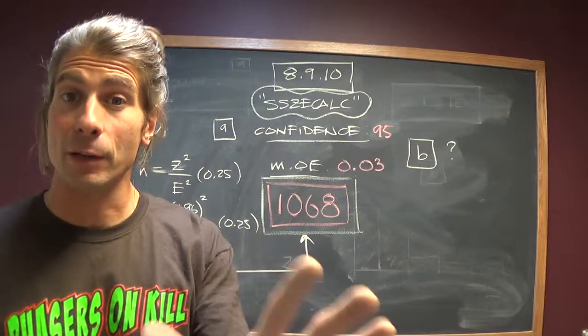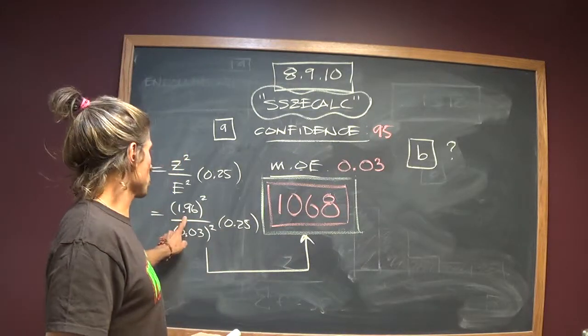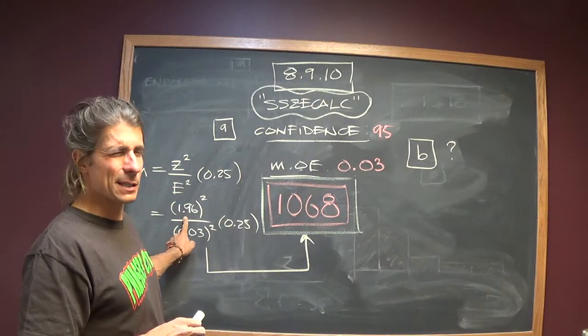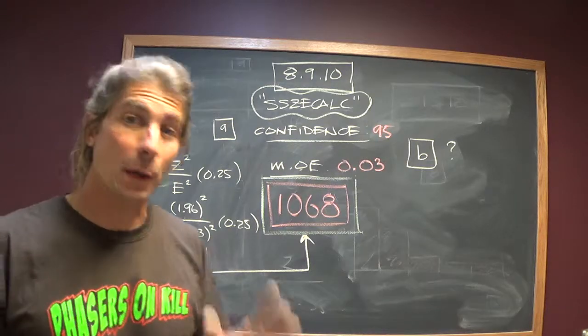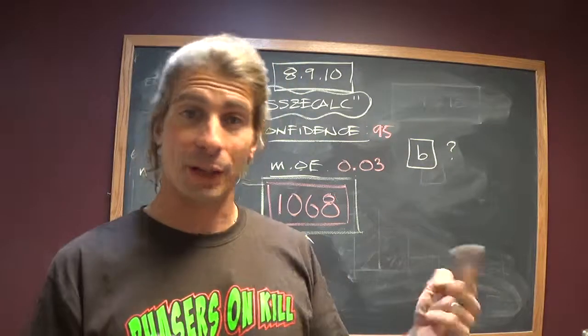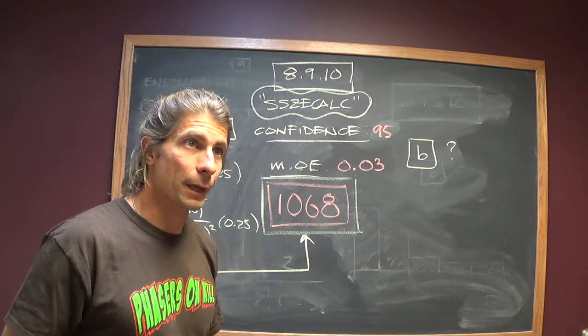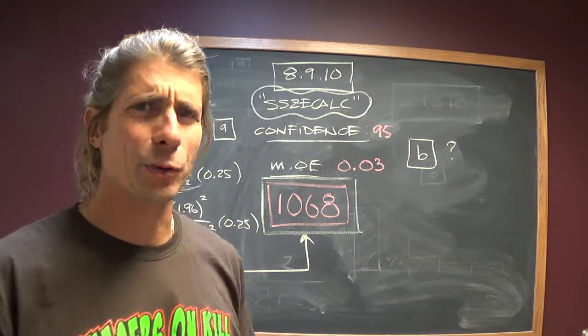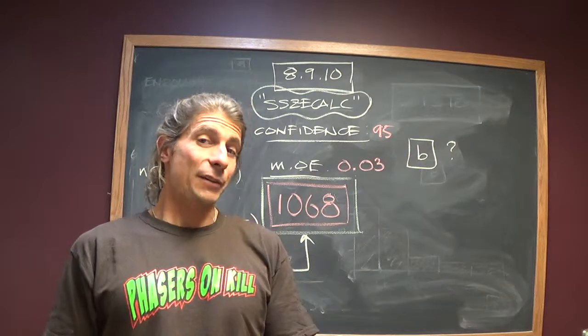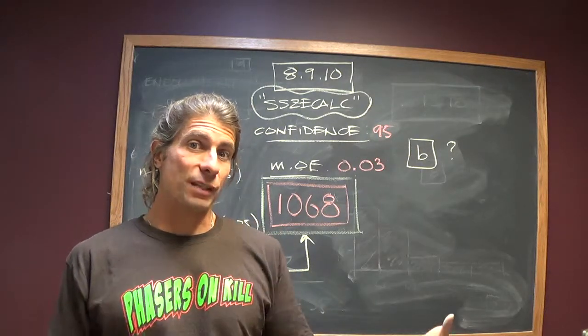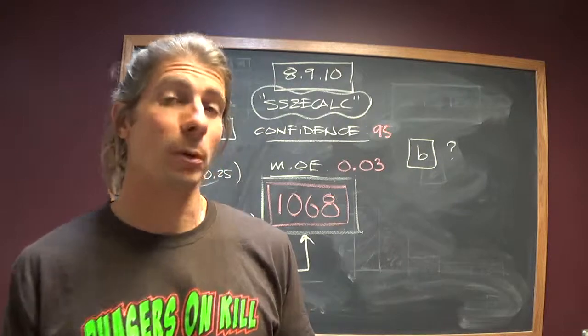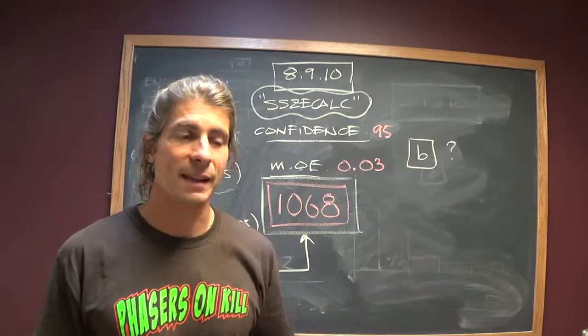If you're calculating by hand, one quick note, this value will come up to 1,067 and some change. When you're calculating these by hand, you always round up. You never round down. Just add a caveat for convention, and also because if you round down, you actually either lose confidence a little bit or you increase the maximum allowable margin of error. So you round up and take care of that.